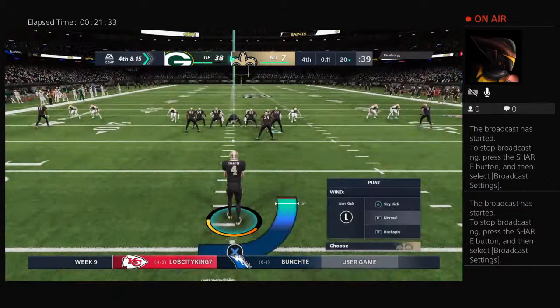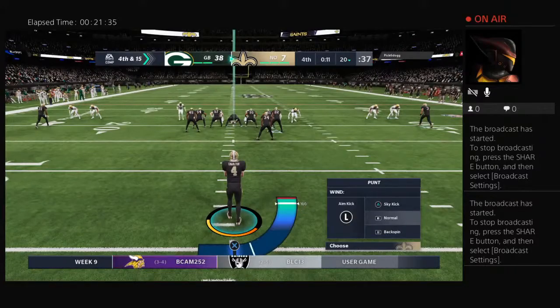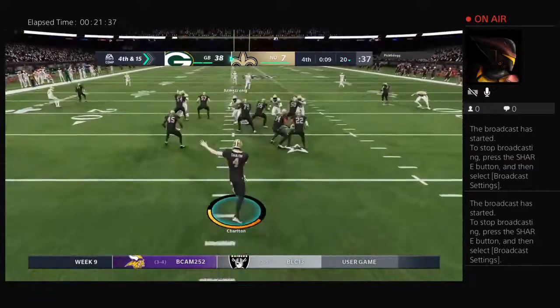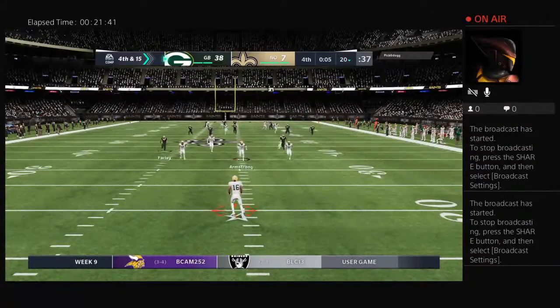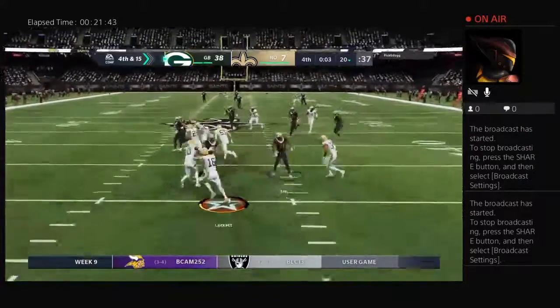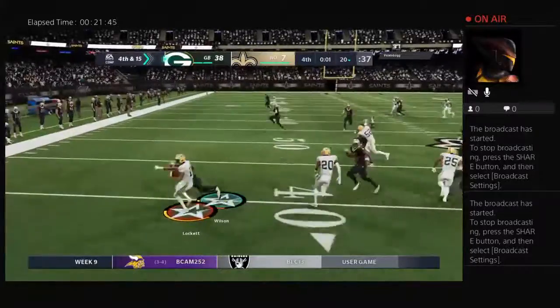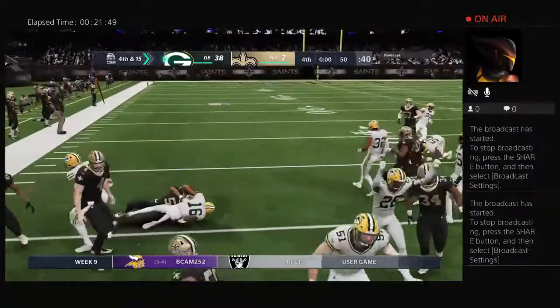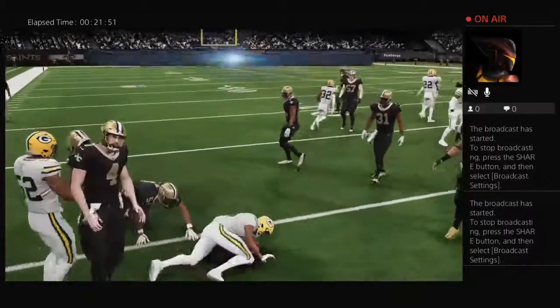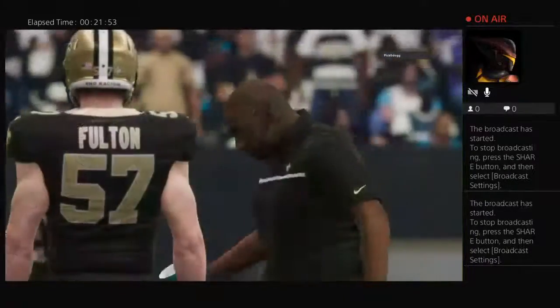Here comes the Saints punter now. And surprisingly, this is the first punt of the game for either team. Now it's Lockett. Tonight's final score. So it's all